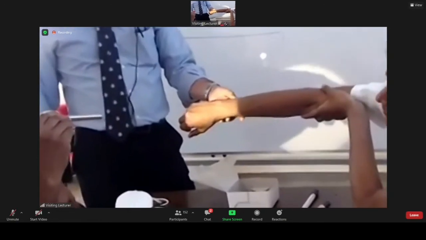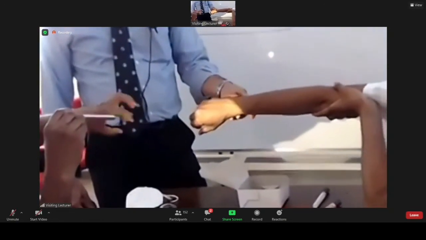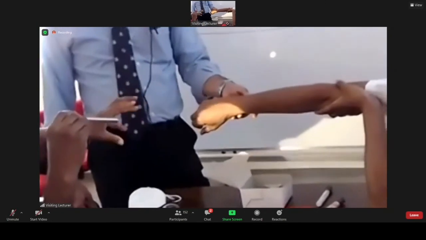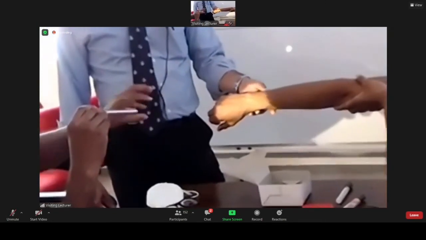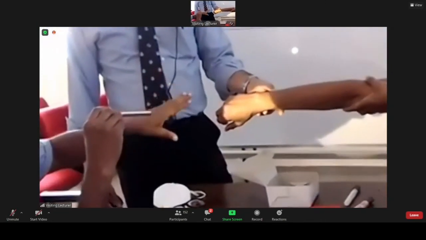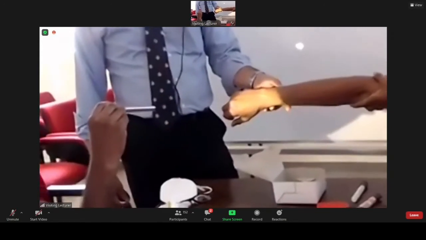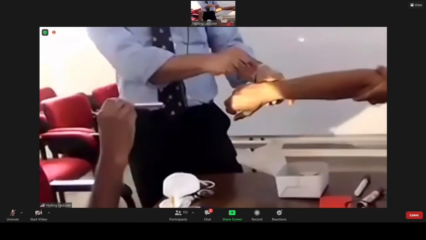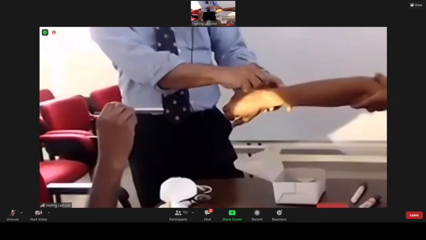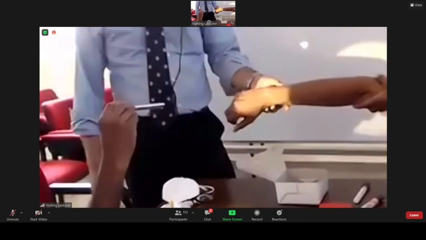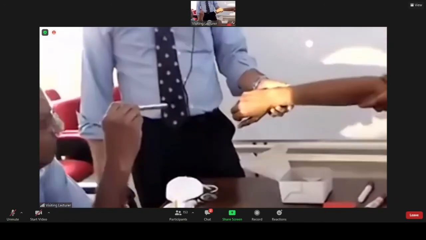And to see whether the lump is attached to the skin or not, there are two tests to be done. One thing is you move the skin over the lump. The other thing is you pinch the skin over the lump like this. So you see that is very important.